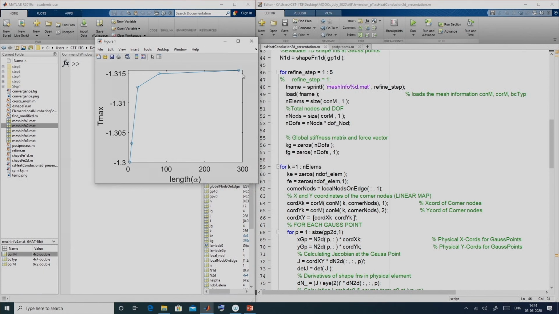So that we have noted down and plotted against the number of unknowns. Alright. So finally what we have here is, as you can see here, we have 289 unknowns. Okay. Initially we had only 4 unknowns, and as we increase the number of elements, our number of unknowns increased. Alright.